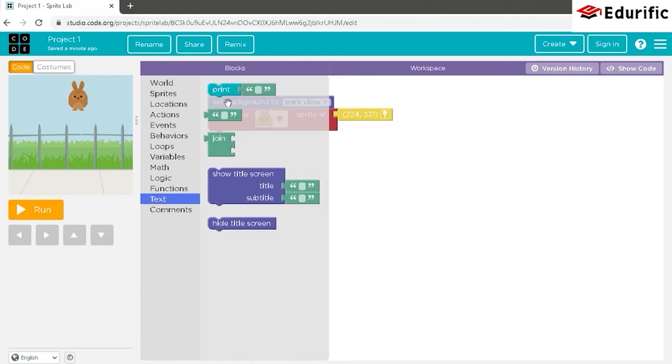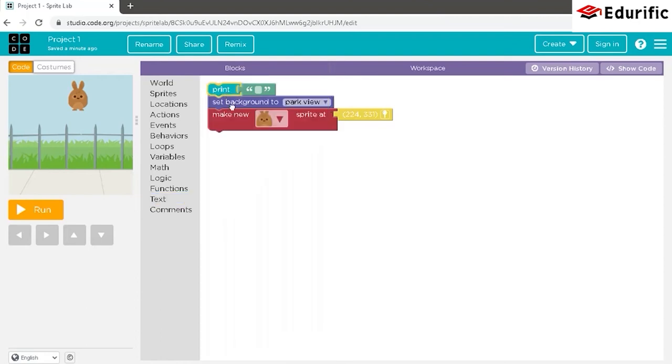Now, the text section helps us create various kinds of text and broadcast them. For example, we shall drag the first command print and again assemble it in the script, and here type hi. As you can see in the visualizing section, a hi has been typed and it can also be edited. Basically, a text which is typed is broadcasted on the visualizing section.